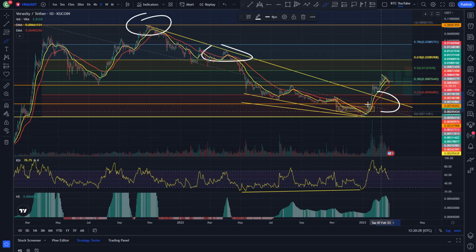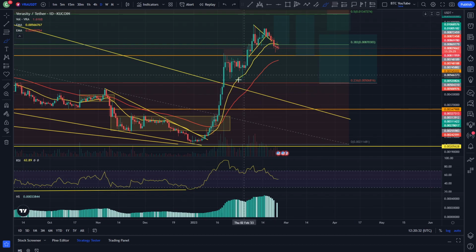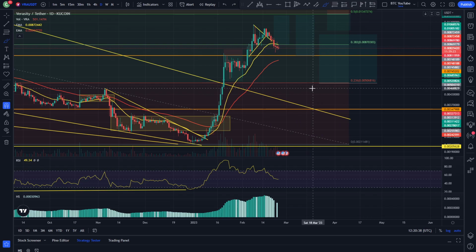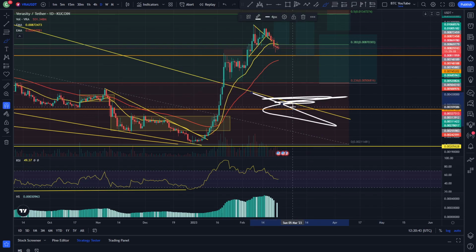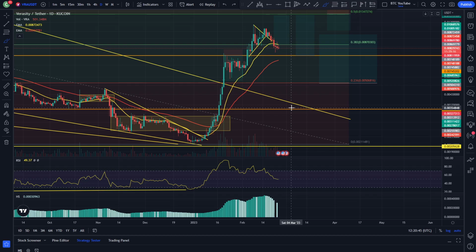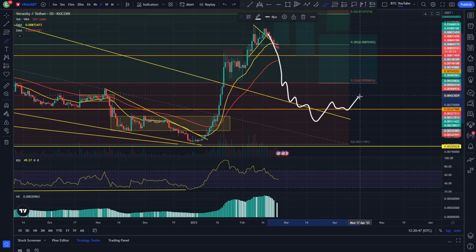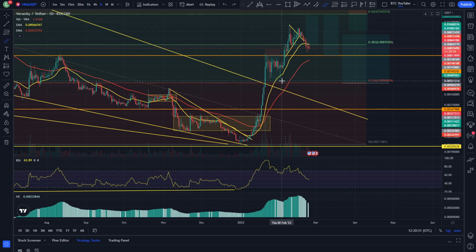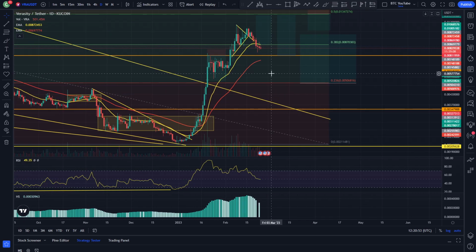Obviously, that bear market resistance has been broken as well by Verasity. Not been backtested yet though. So I mean, if we did get this big phase 1 move like this, and then maybe a deep retracement like this and continuation, that would also be bullish in my opinion. As long as we hold this bull market previous resistance as support, doing something like this, that would be really cool to see. Although I'm not sure we'll actually see that much of a retracement, judging by how bullish we have been with Verasity recently.